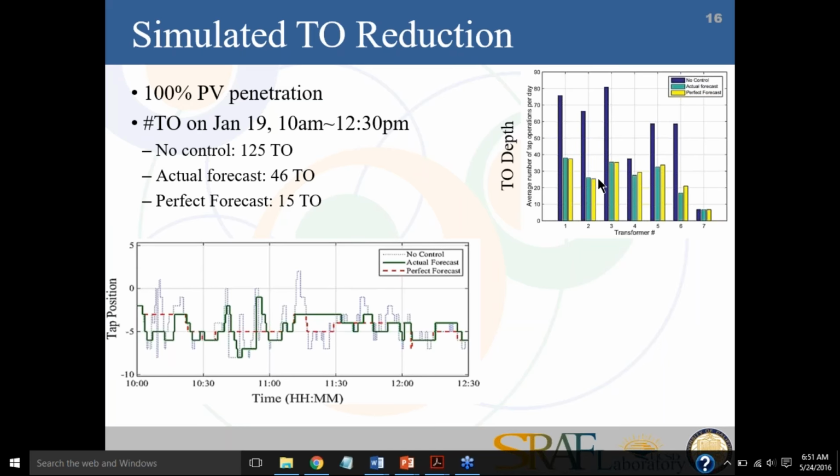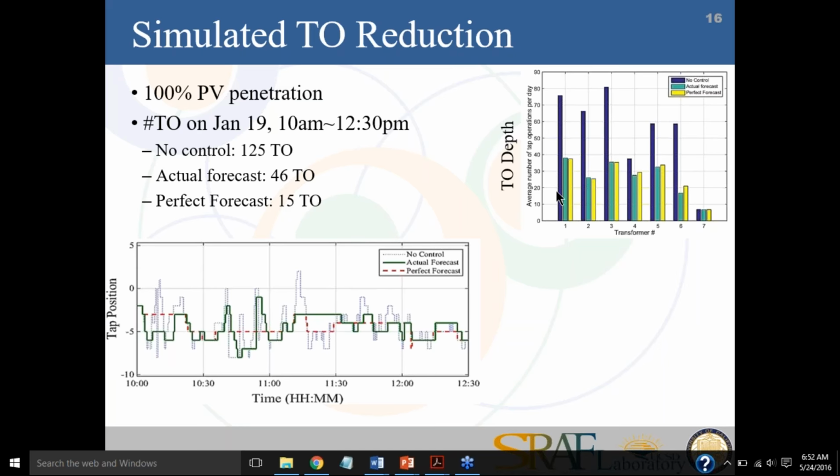What's also interesting here is that the forecast accuracy actually is not that important. As I'm sure the next speaker can acknowledge, forecasting is a very difficult topic, and if you wanted to get a forecast for every single PV system, at every given time step, it's actually very challenging. But here we go from our actual forecast, which has a lot of error in it, to almost no benefit in